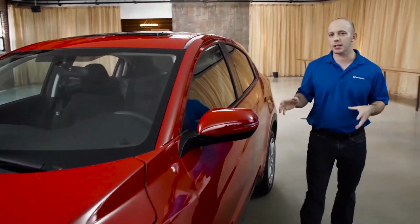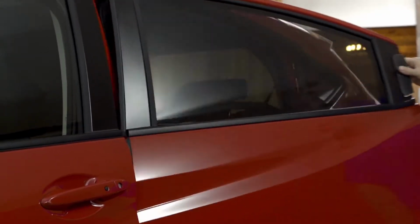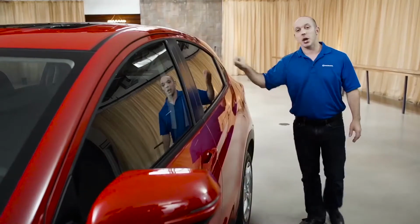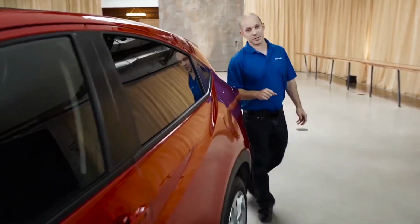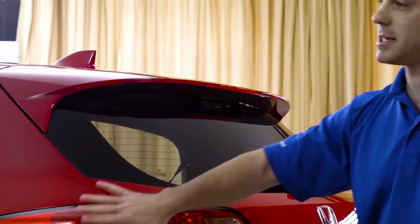Now, while this may look like a coupe, it's actually a four-door. Here's the door handle for the back door. Coming around to the back, you guys are gonna love what I'm about to show you. This beautiful big spoiler, along with these LED taillights,